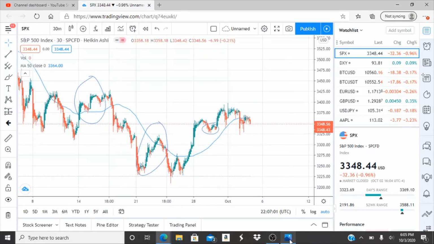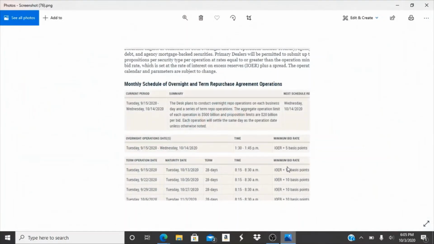So I'm going to pull this up. These are some of the most recent pumps. This was released back on the 14th of September, and the next release date is October 14th. So the first one was on the 15th, and we're going to look at that in just a second. The second one was on the 22nd. The third one was on the 29th, and the most recent one is 10/6, October 6th. So we're going to look at those dates.